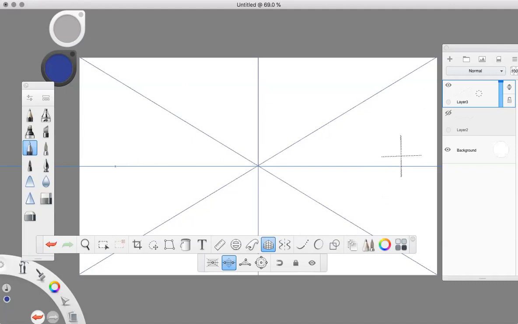So if I go right here and do a vertical line through that point, vertical line through that point, and then I'm just going to mark the horizontal center, so the horizon line. I'm going to turn this off. Now,